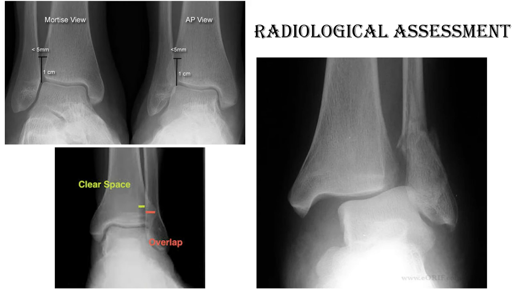Now, after any type of ankle injury, you have to prescribe an X-ray. What X-ray will you prescribe? You will prescribe an X-ray of the ankle joint, AP and lateral. Generally we used to prescribe that, but for a special view of the ankle, you have to order the mortise view. What do you mean by the ankle mortise?